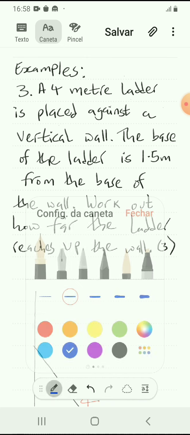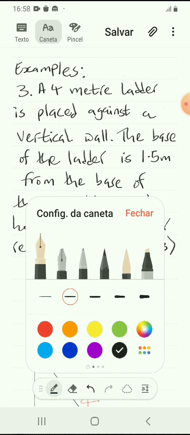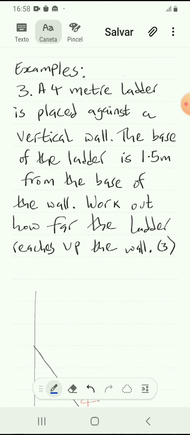Okay, so the question says a 4-meter ladder is placed against a vertical wall. The base of the ladder is 1.5 meter from the base of the wall. Work out how far the ladder reaches up the wall. Okay,